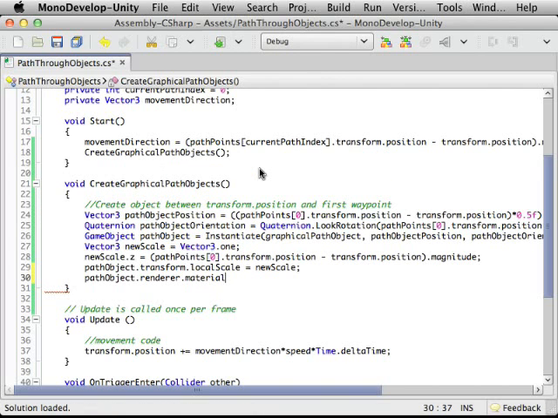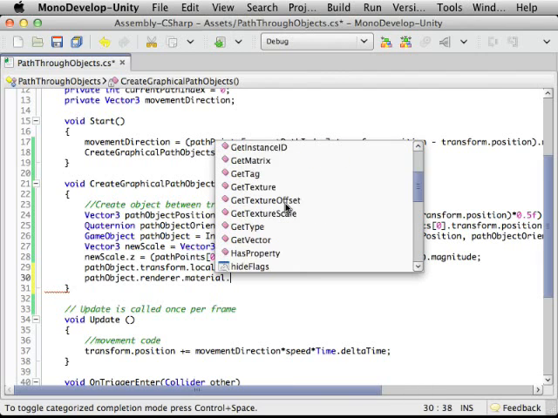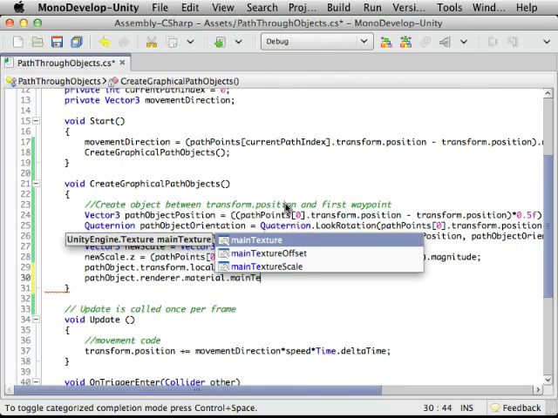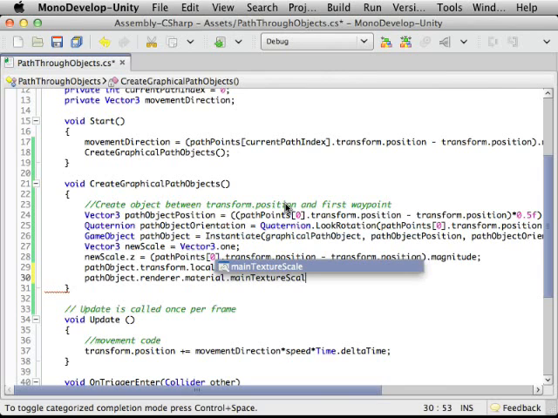So new material here. PathObject.renderer.material allows us to change the properties of our new object's material, and we can change the tiling on it. And when you change the material internally, it actually creates a new version of the material, so you're not actually changing it on every object. So all we're going to change is the y. No, what is it called? Oh, main texture offset. So do we want the offset? No, we want the scale. So main texture scale